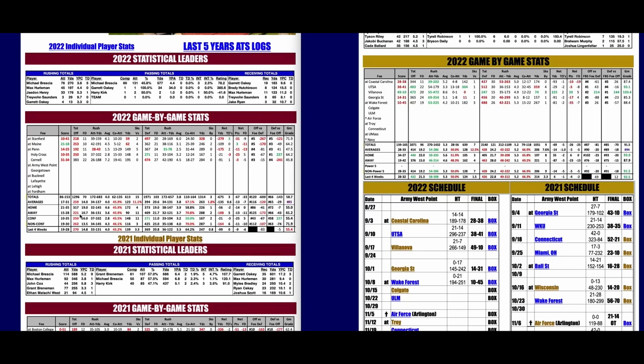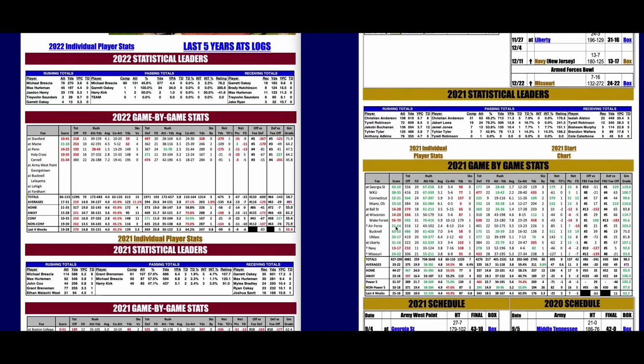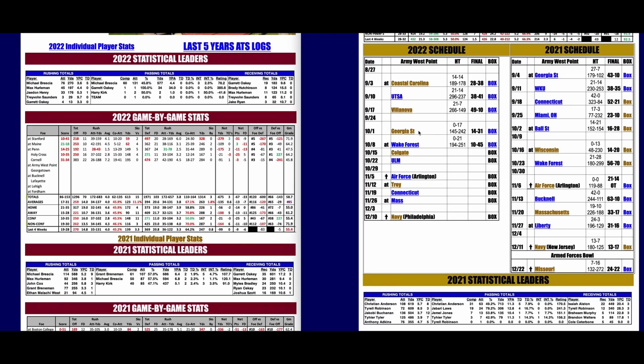We're only laying 28.5 points. We're off 3 losses. We beat Bucknell in that situation last year. If you go back here, off 3 losses, they got past Air Force. So you might have said a flat spot. No, they beat Bucknell 63-10. Held them to 175 yards last year. So add it all up. I like Army minus 28.5. My AGG actually over the last 4 weeks has Army by 41.6. Take Army